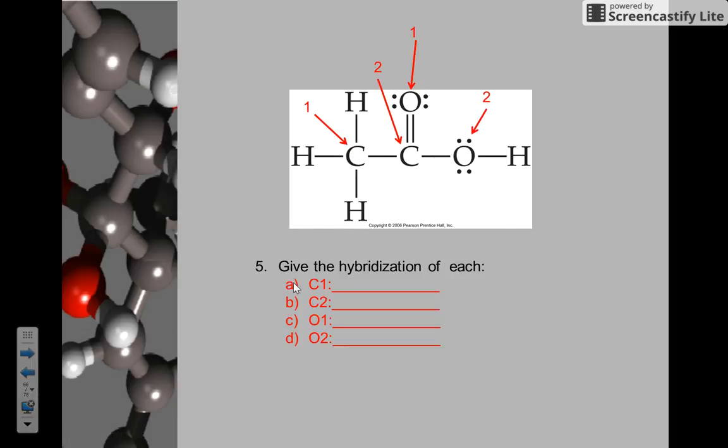All right, hope you did well on those. Let's look at this last example. Look at carbon number 1: s, p1, p2, p3. He is sp3 hybridized. Carbon number 2: 1, 2, 3 sides, s, p1, p2. sp2 is his hybridization. Let's look at oxygen number 1, which is here. He's got 1, 2, 3 sides with something on it. So s, p1, p2 again. And finally, oxygen number 2, s, p1, p2,